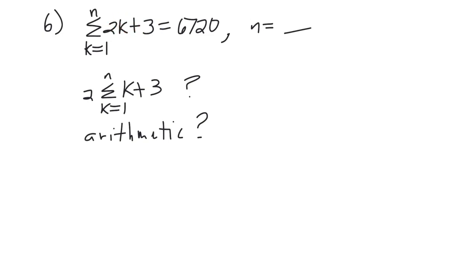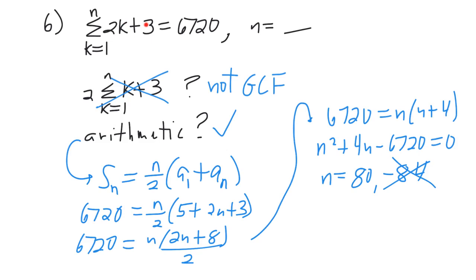Second question, is this an arithmetic series? Answer, yes it is, because it has that linear look to it, mx plus b. Okay, so if it is arithmetic, then I can use my formula for the sum of a finite arithmetic series. I don't know the end value, that's what I'm trying to find, but I do know the first term by plugging in 1, 5, and I actually have a representation of the last term by plugging in n, 2n plus 3. I'm going to simplify by combining these, and I'll put the over 2 here